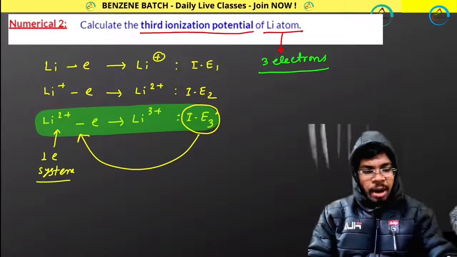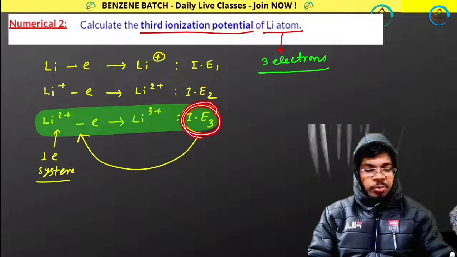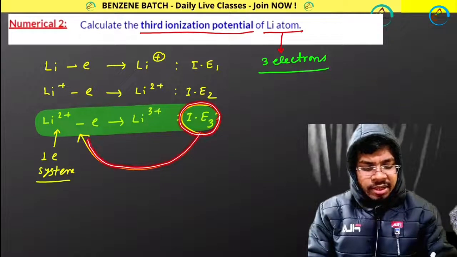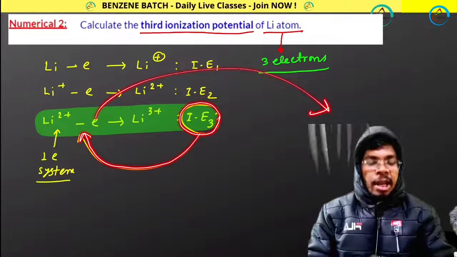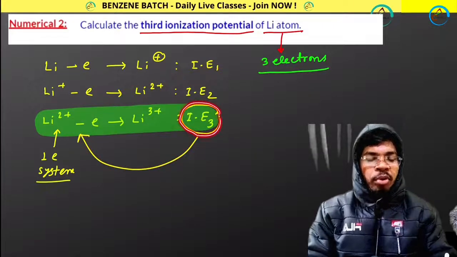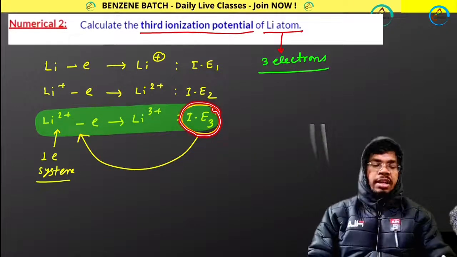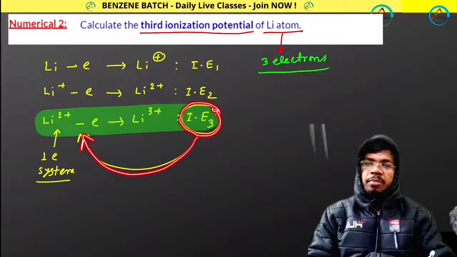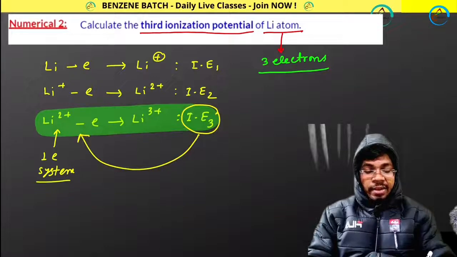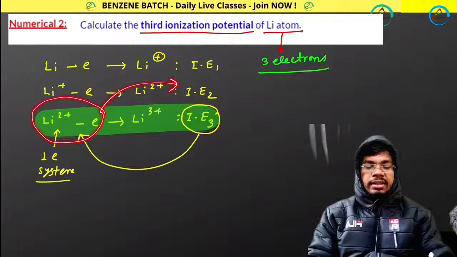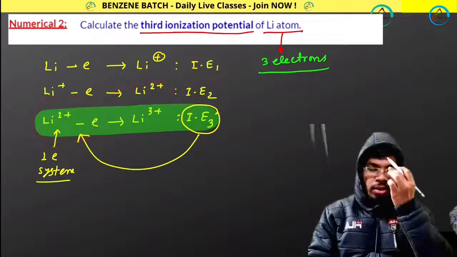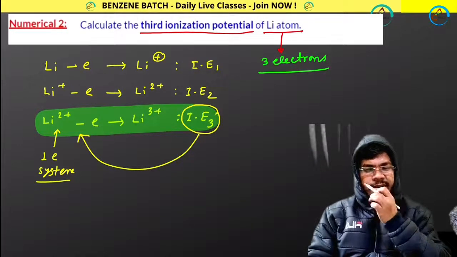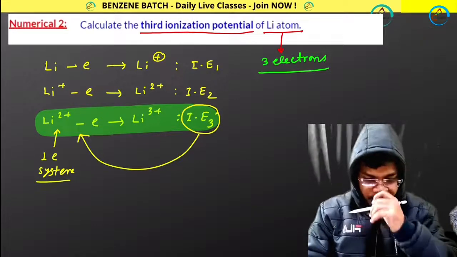And this value you have to calculate. So what you are doing? You are incorporating some amount of energy to send the electron from here to infinity. That means your ionization energy will always be positive. You know this. Whenever you add energy, it becomes positive. Whenever your system is releasing energy, that becomes negative. You will be learning all these things in future as well, in the thermodynamics chapter and other chapters. But for the time being, let me show you which formula we should use.